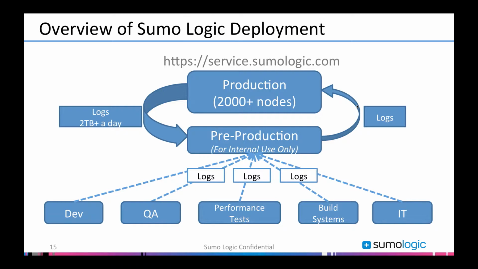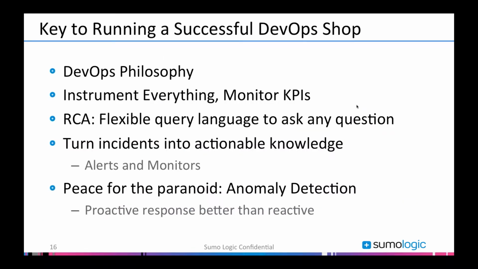We collect a lot of data. The numbers are actually very, very close to 3 terabytes of log data every day that we generate and we collect and we analyze. And we run a shadow system that collects all of this log data, and we feed other development systems or performance testing system logs into this shadow system. But this shadow system is our eyes and ears into how our production system is behaving.